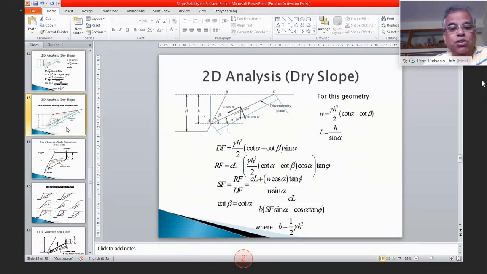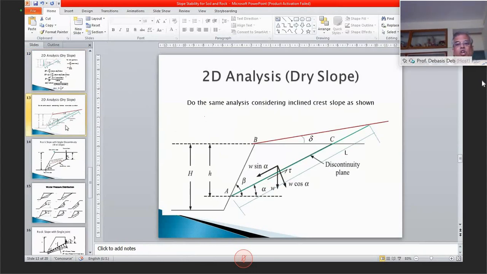Now I will ask you, you can draw this also at home. Do this if this one is a little inclined, with some delta. This is the most generic way of analyzing slope stability. That is, this is not flat, it is also with an angle alpha. The only change will be that your surface is now not here. The surface is like this. Okay, this red line is the surface.